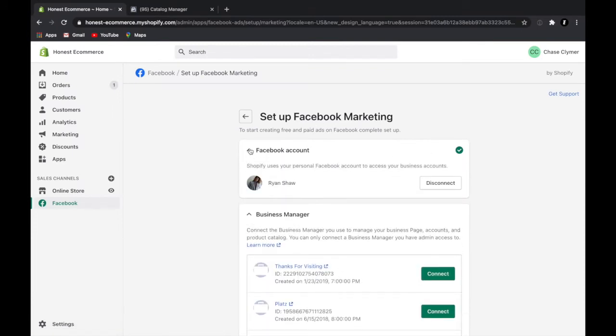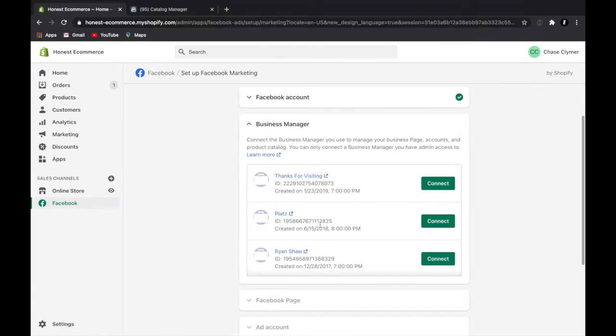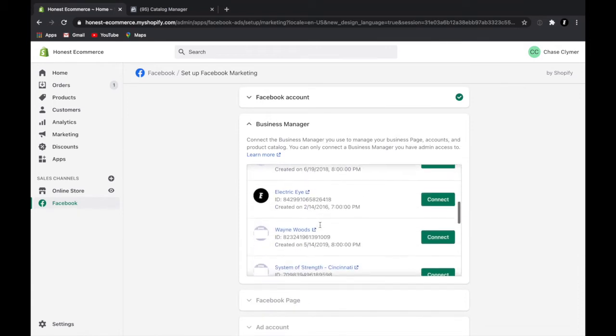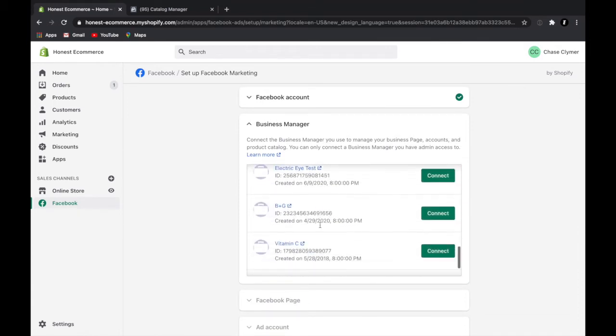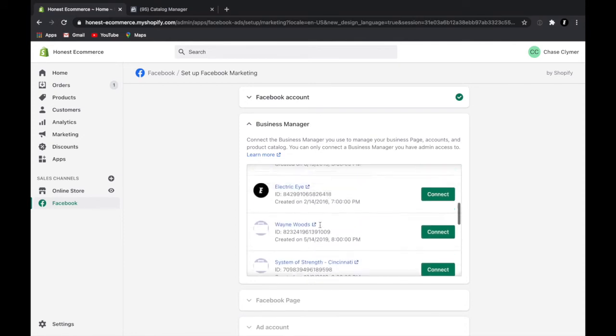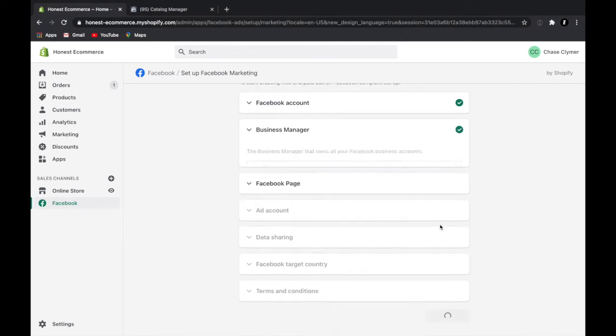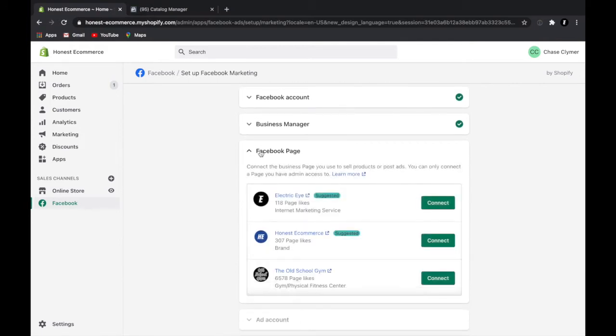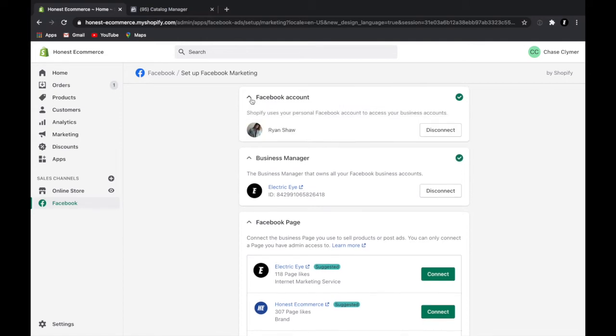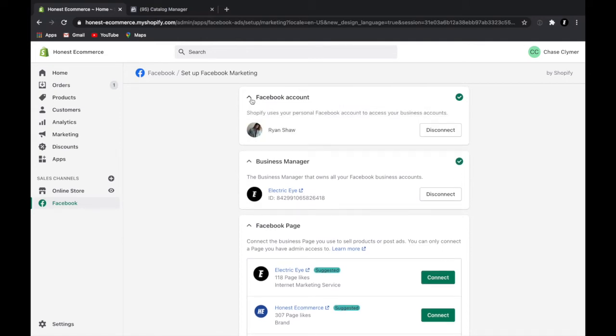So Facebook account is connected. Now I'm going to come down here and select what business manager account that I want to connect. So you can see here, I've got a couple of business manager accounts attached to my personal one. We're going to click Electric Eye. That's where our Honest E-commerce page is. So I selected my business manager account. So I put in my personal Facebook account. As you recall,